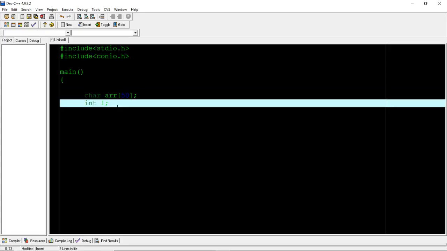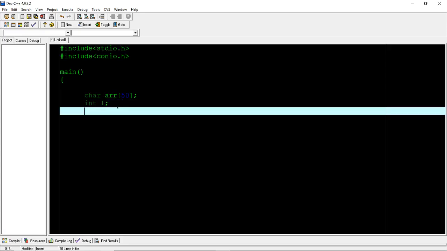Integer L is where the user can enter by himself or herself the size of the array he needs. So I will ask the user with printf: enter the size of the array.